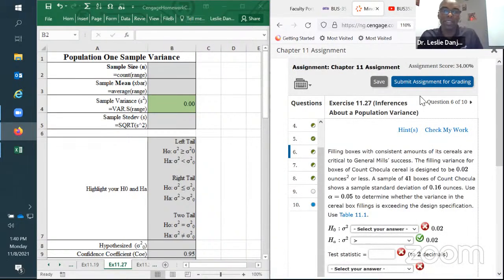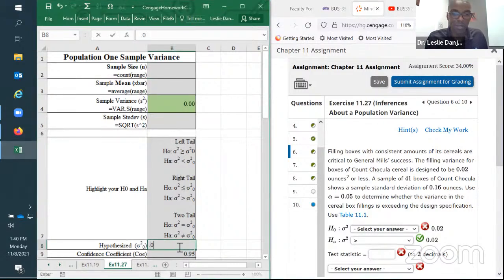All right. So this is interesting. So on 11, we're dealing with a two sample test. Actually, sorry, we're dealing with a one sample test. All right, here is my hypothesized value, 0.02. So plug that in for your hypothesized value, 0.02, and then plug in all the other information that